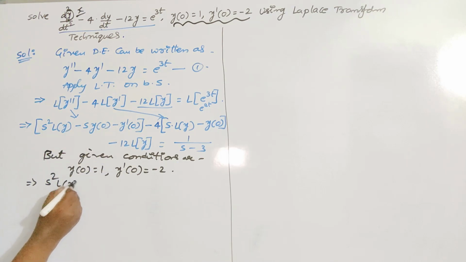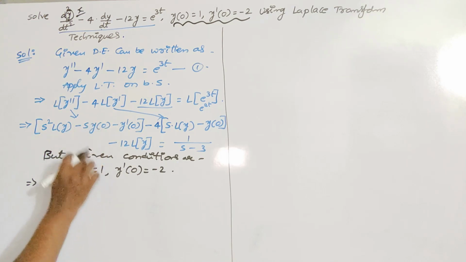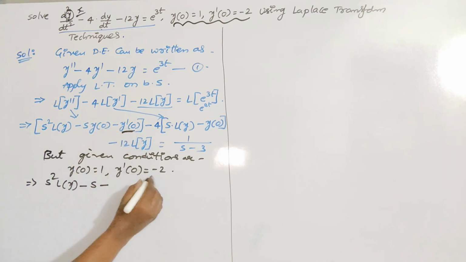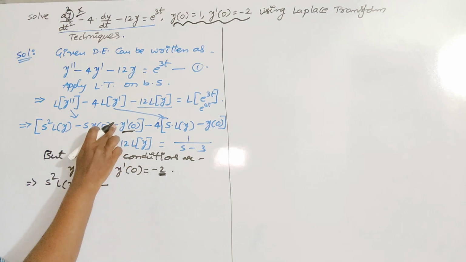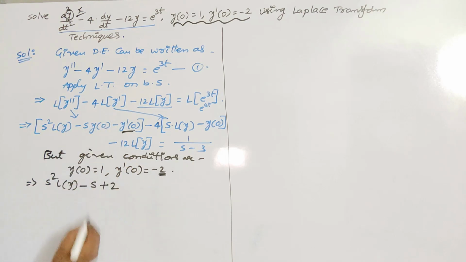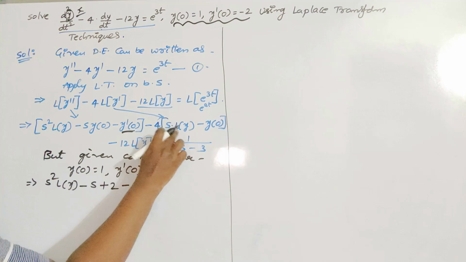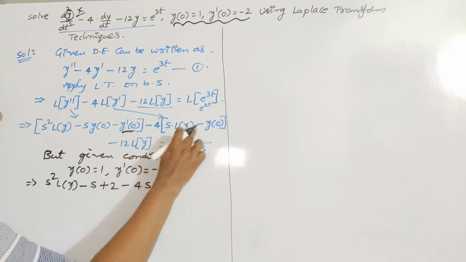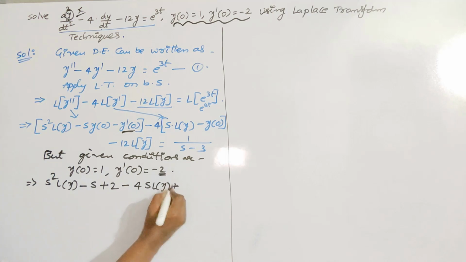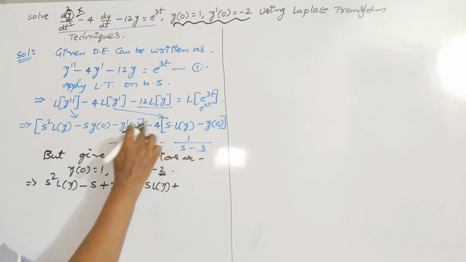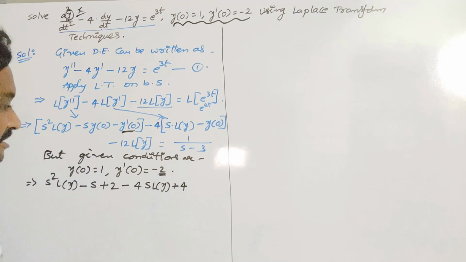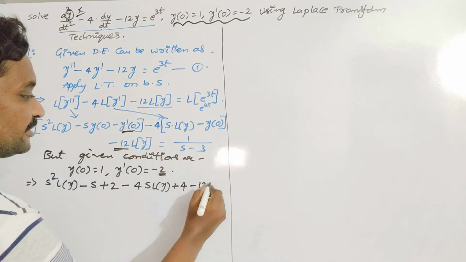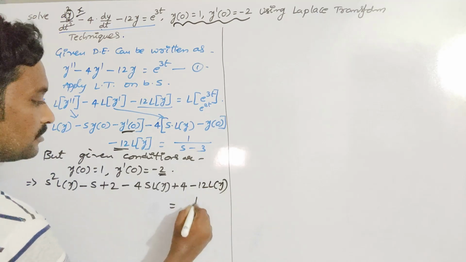So by applying these conditions in the above step, you will get s square into L of y minus y of 0 is 1, s into 1, s, minus, what is y dash of 0? y dash of 0 is given as minus 2, but already minus 2 is there, so you will get plus 2, minus, take this 4 inside, so 4s into L of y minus of minus, it would be plus, what is y of 0? 1, so 1 into 4, 4. Don't forget it. And the remaining term on the left hand side is minus 12 into L of y is equal to